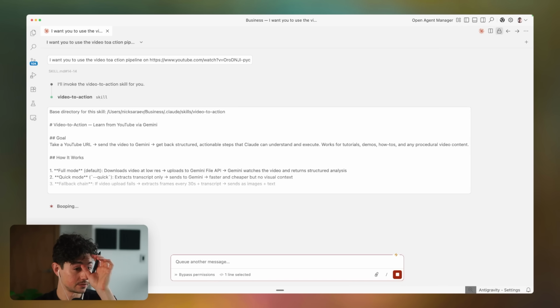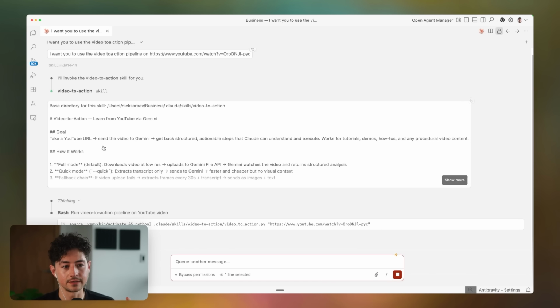What this is going to do is start by invoking the skill, and this is the UX for skill invocation. I think that's what it's called in English. Holy crap, that better be what it's called in English. And then it's now going to send that over to Gemini, then receive back a list of highly specific instructions that understand UX, highlight the colors of buttons and stuff like that, and so on and so forth, before actually running it locally on my computer.